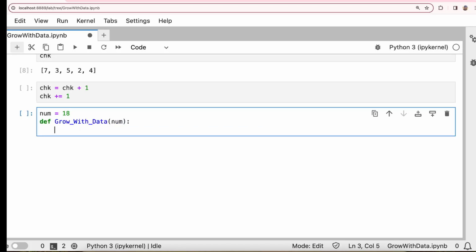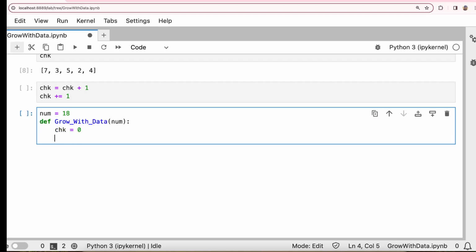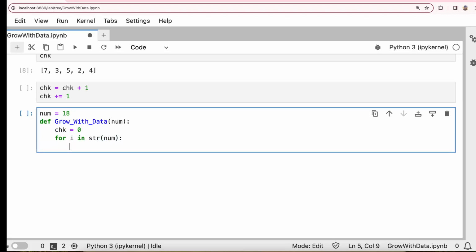First, we are going to have a variable as 0, and then we are looping for i in the string of the number, check = check + int(i). Or else you can say check += int(i).